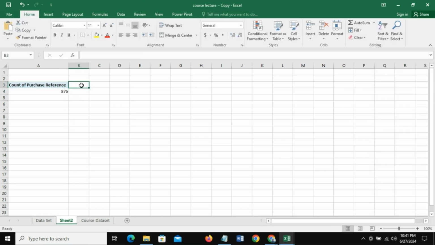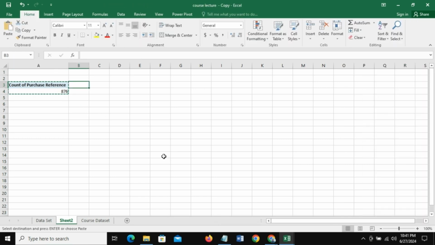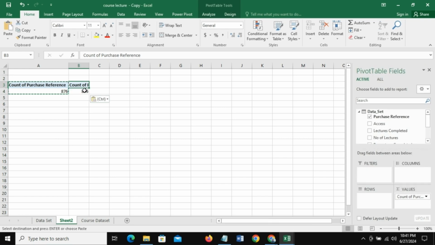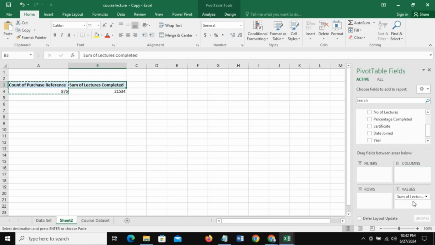The second KPI, I can just copy this, Ctrl C and then Ctrl V, paste it here, and then click on the second one and remove. If you want to remove this count of purchase, just drag it out. The next one I want is the average lectures completed. So drag lectures completed here,